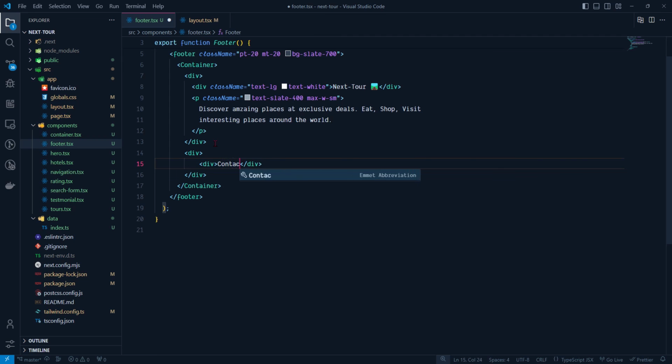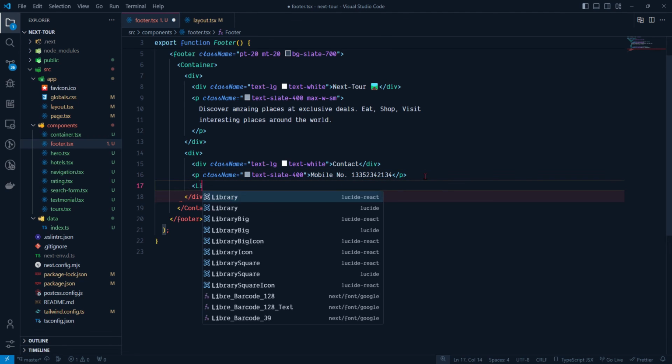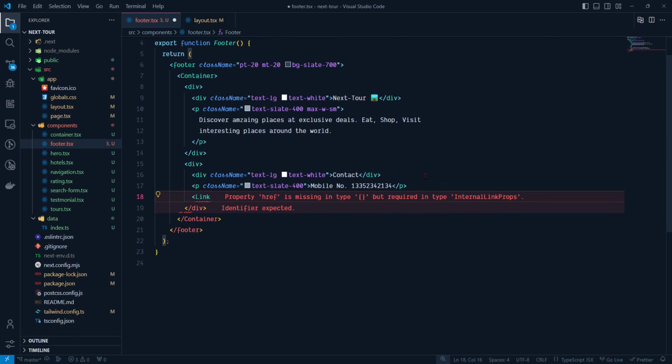Here should be Contact, and exactly the same class. Just copy and paste here, and we can take a paragraph, and just give here a mobile number, 123 and some random digits, and here we can give the text slate 400, and also take one link tag, Link, and we can give